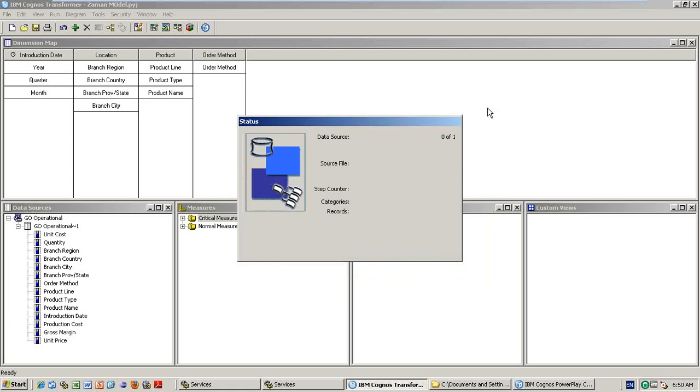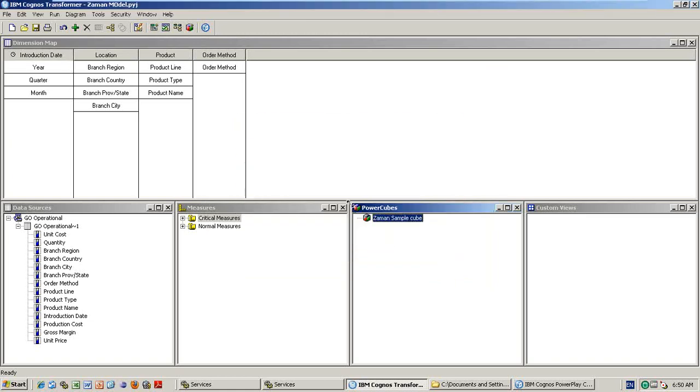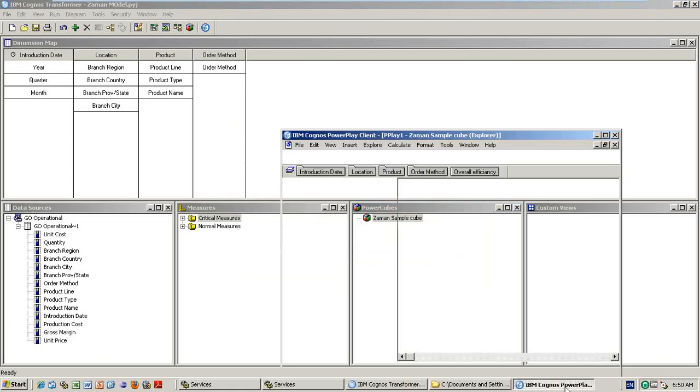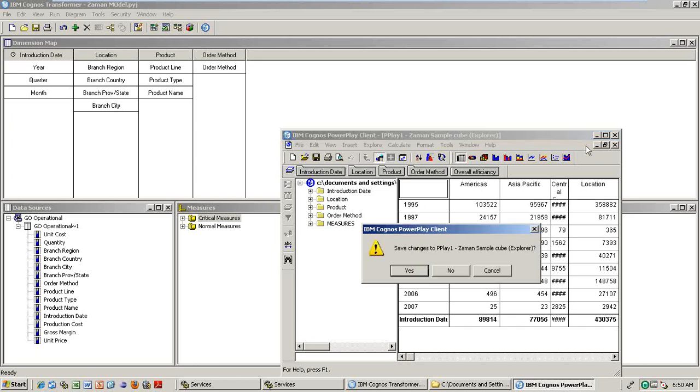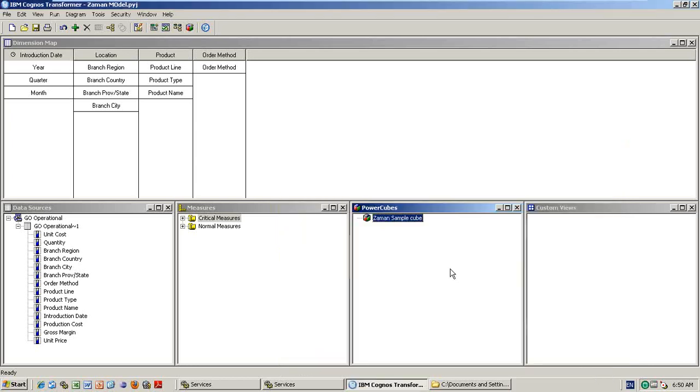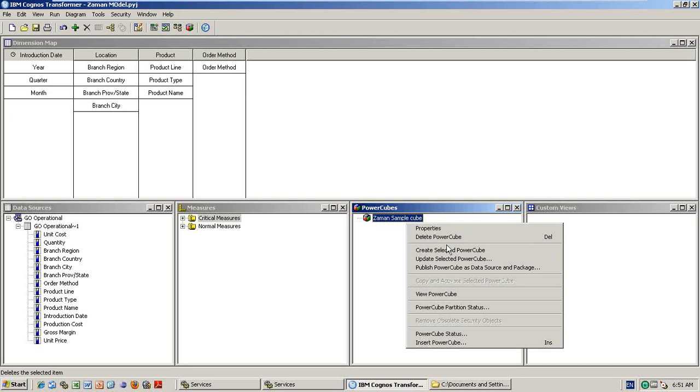But Hari, I see the same error you are describing right now. Then what I did is I closed all the windows except this transformer window. Exactly, because it is already open. Whenever it is open, it is already used by other applications. So you need to close all those things. Now you try to build the cube, and it will work.